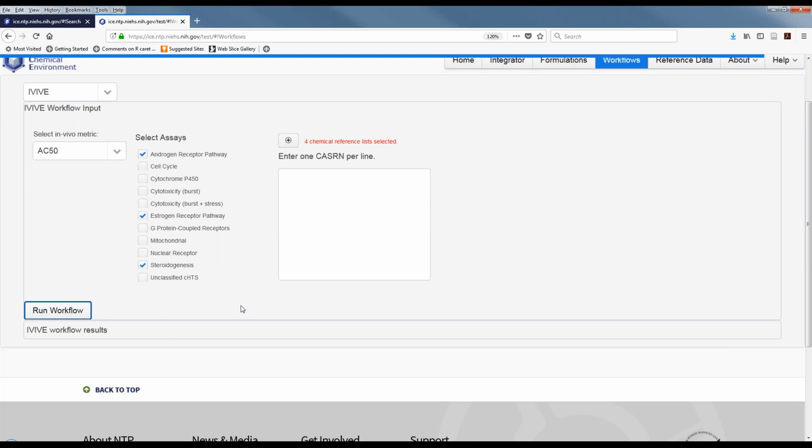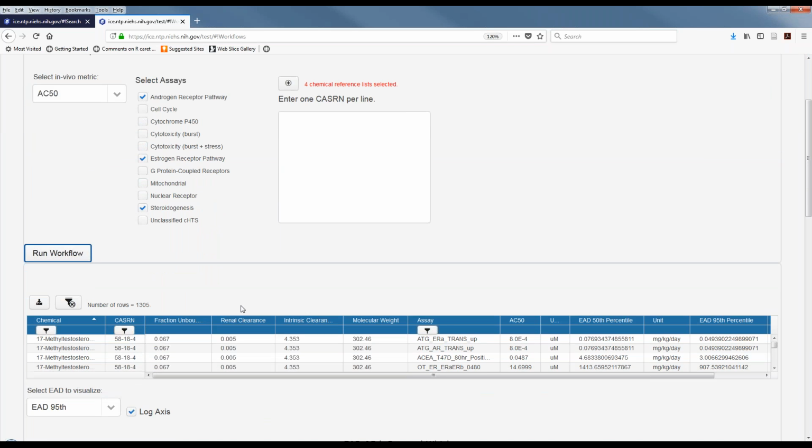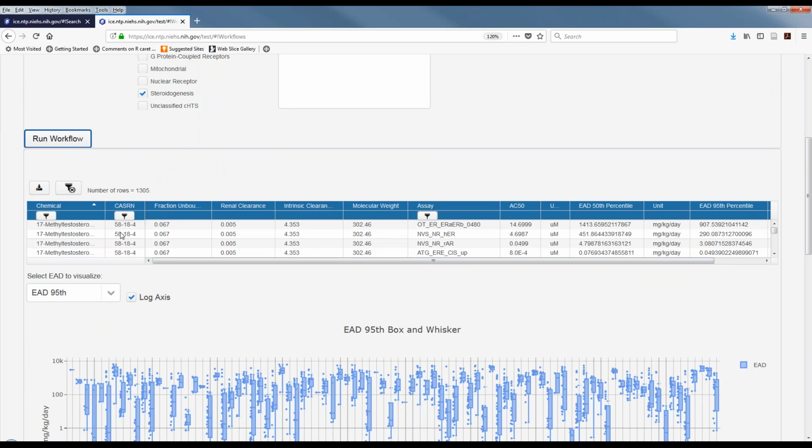The results of the workflow will appear down below, and there's a couple things I want to show you. The number of rows indicate the number of chemical assay unique pairs. You can still filter on your chemical and CAS like you could before. We have all the values that were used for the calculation, so you'll have your fraction unbound and your clearance rates.